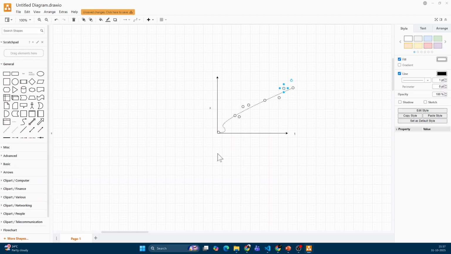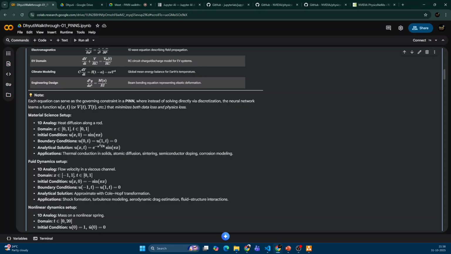The initial condition at time t equal to 0 is basically a sinusoidal function with half a period, and then you have homogeneous boundary conditions, and for this kind of a setup your analytical solution turns out to be this. So the applications typically are thermal conduction in solids, atomic diffusion, sintering, semiconductor doping, corrosion modeling. So this simple equation itself has a multitude of domains where it is heavily used,